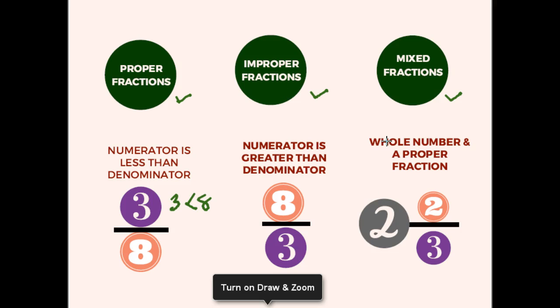And that is why we have another group of fractions called mixed fractions. Mixed fractions contain a whole number and a proper fraction, and they always result from an improper fraction, because we cannot leave our answers in mathematics as an improper fraction. So converting an improper fraction gives another type of fraction called a mixed fraction, and that has a whole number